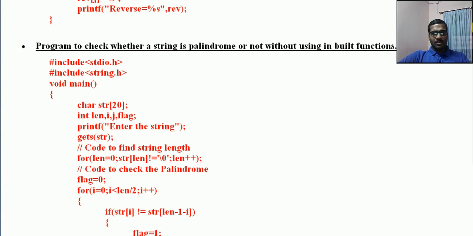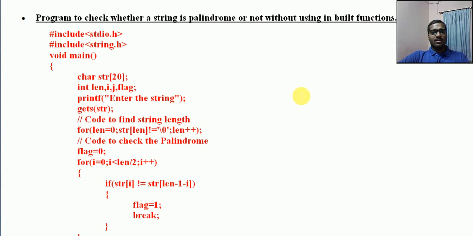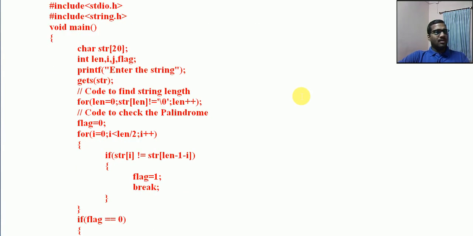Let us see one logic. Many others might be writing the same program by using different logics. But let us see one logic. We will get some idea regarding this. Then you can refer to other textbooks also for getting other logics where they are finding the length. Sometimes they will be using a while loop for getting the length, sometimes, here we are using a for loop. Similarly, there will be some differences when we are looking at different logics. Now the idea must be very clear: what is palindrome, and how it can be implemented. Okay, so let us see the program.